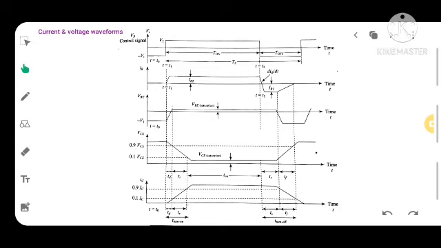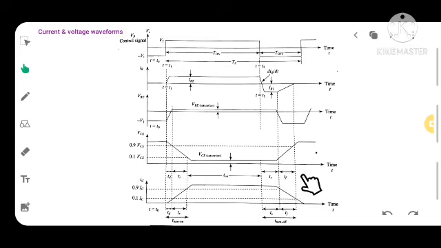So we can define it: the time interval between the instant of the changeover of the input voltage from plus V2 to minus V2 to the instant the collector current IC falls to 90% of the steady state current, that is the maximum current IC, is actually called the storage time TS. So you can clearly see what is the duration of TS.